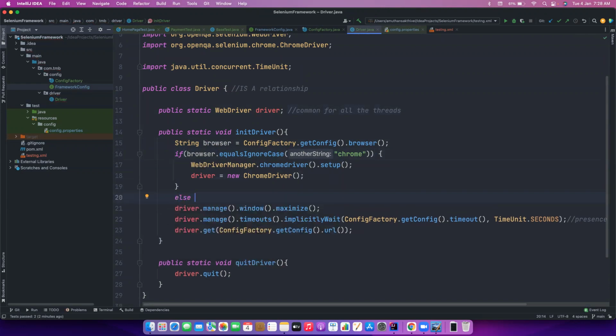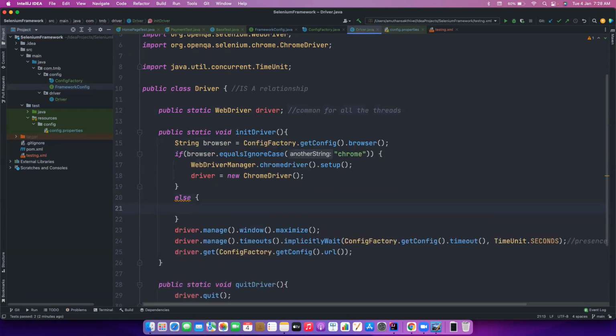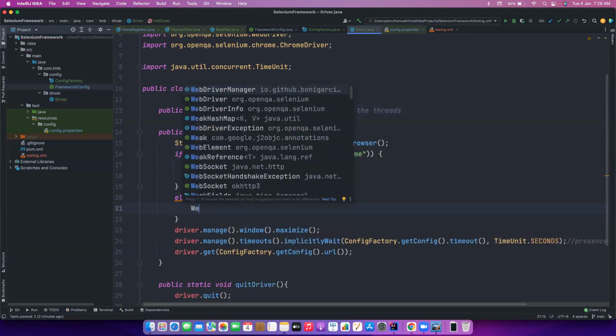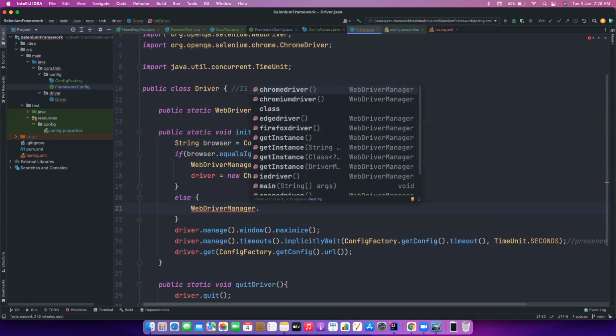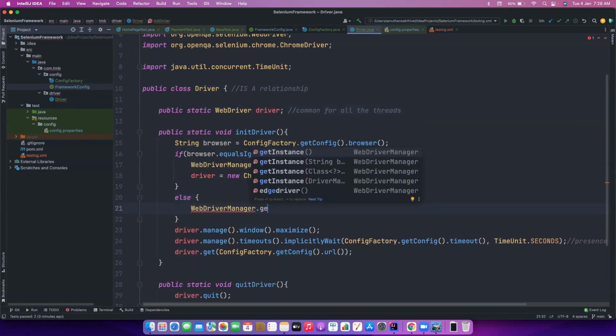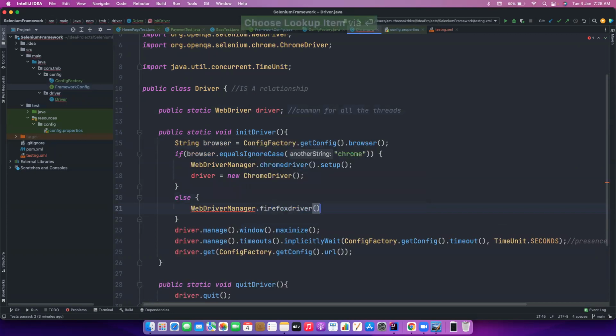Else, in all the other cases, let's say your Chrome and Firefox only, or maybe if you want to also run it in Edge, you can write multiple if else blocks. But for now I consider a simple else statement: if it is Chrome, then we'll run it on Chrome, otherwise we will run it on Firefox. So for Firefox we need to write WebDriverManager dot geckodriver, or firefoxdriver dot setup,